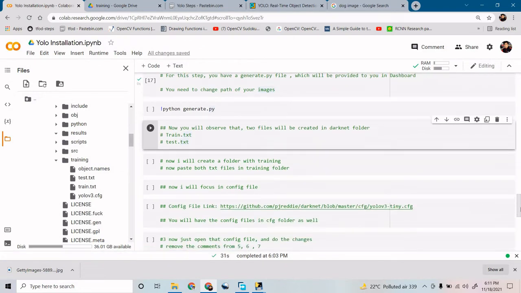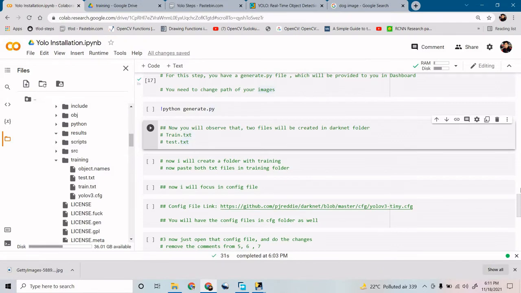Now, can I say I need a configuration file as well? If you remember your TFOD setup, you need a configuration file of your pre-trained model to link a model file to your images. Now, how will you get a configuration file?